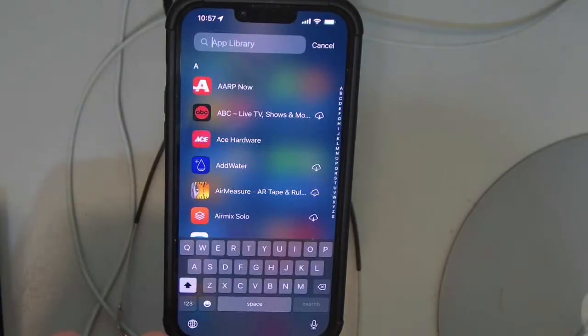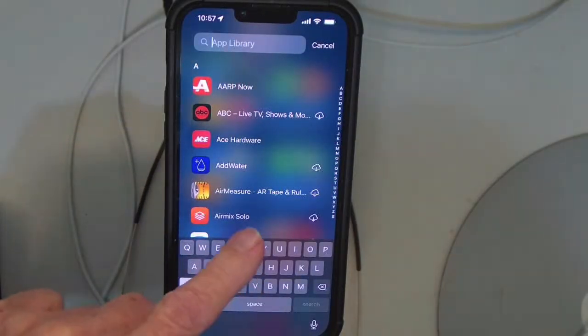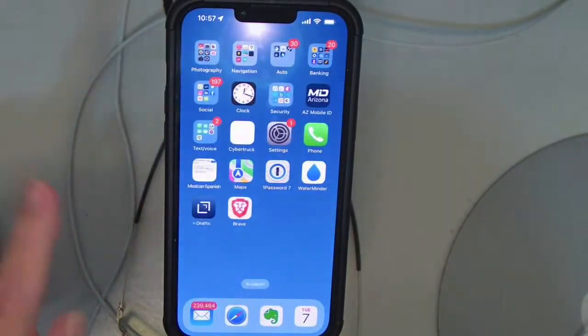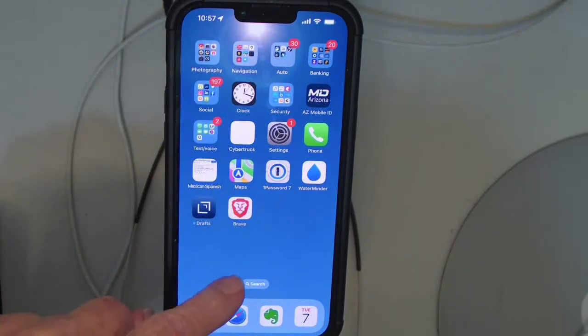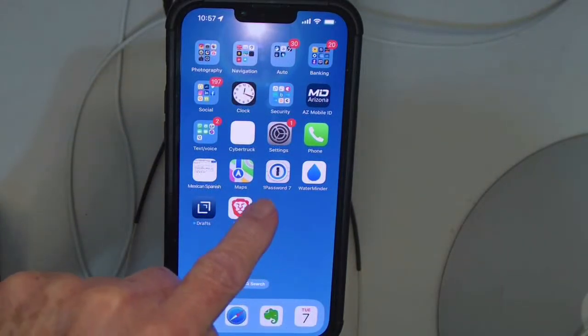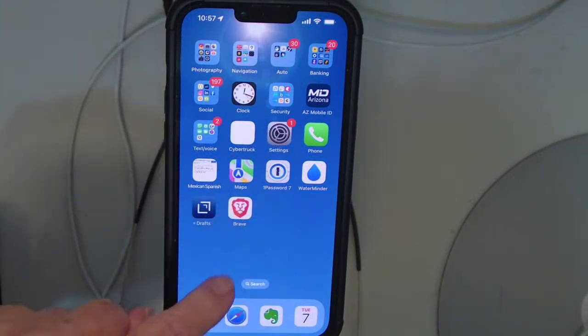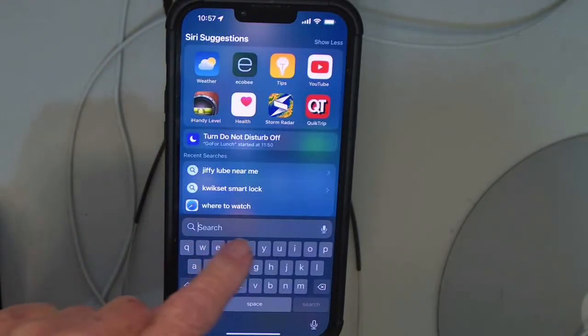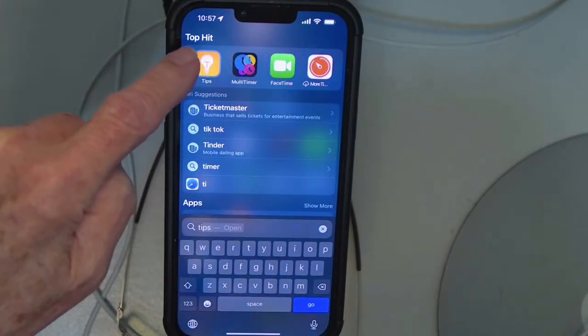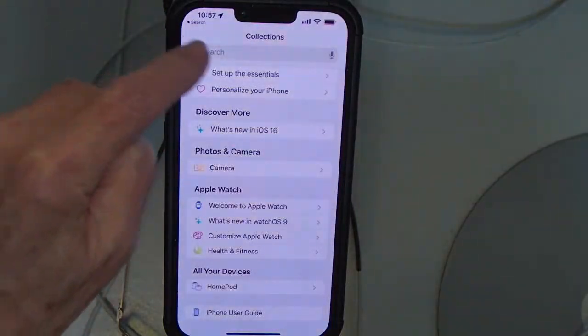Our iPhone, and we swipe up from the bottom, and one more time, and one more time. Now we're back to our home screen. We click on our search, or we can swipe down anywhere in between an app to search. And we type in TI for tips. It appears here. It's the light bulb with the T in the center. We tap on that,